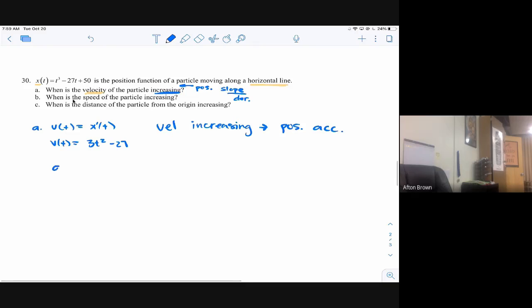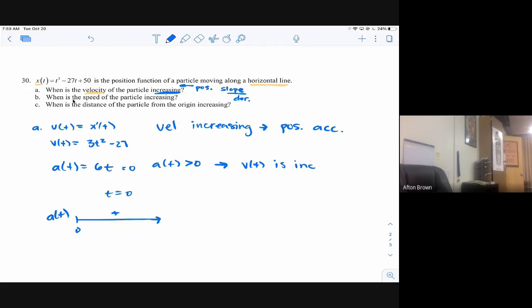So if velocity is increasing, it has a positive acceleration. So I'm going to find acceleration. Acceleration would be 6t. I need to figure out where acceleration is positive. I'm going to do a sign line just like I've been doing with the second derivative. So this equals 0 at t equals 0. Well, when I'm working with time, I'm not working with negative time anyway, so I'm just going 0 to that. If I plug in any positive value of time, what is acceleration? Positive. Again, always label this. If you draw a little number line right out to the side, you remember what we're saying is positive. So we're saying acceleration is positive. So if acceleration is positive, that's equivalent to saying velocity is increasing. So it's increasing from